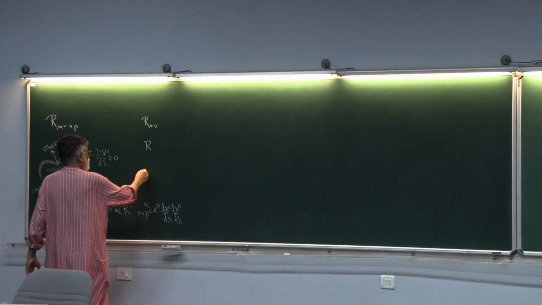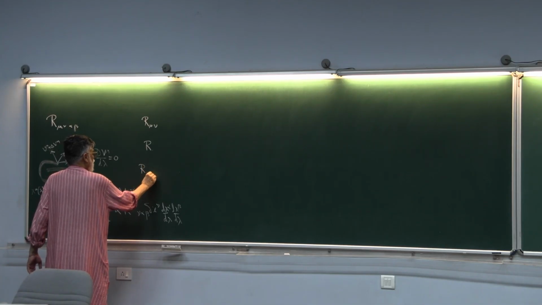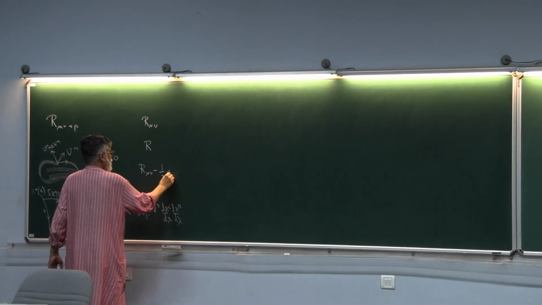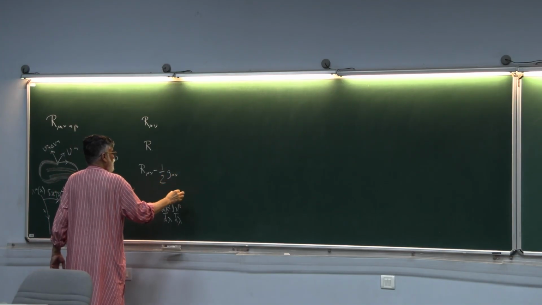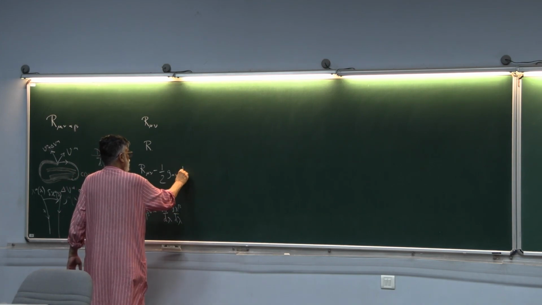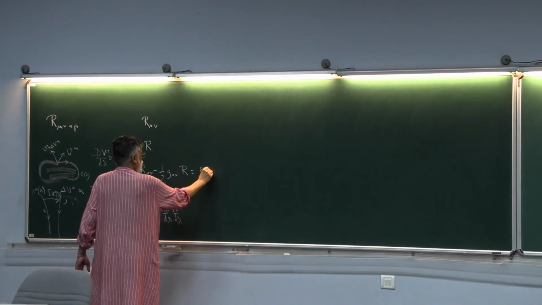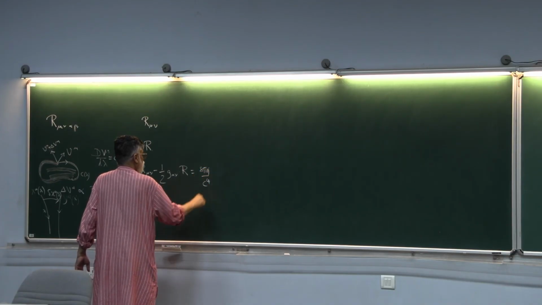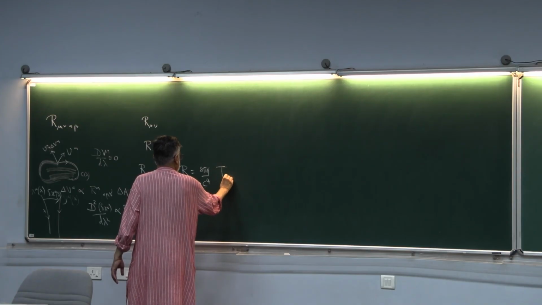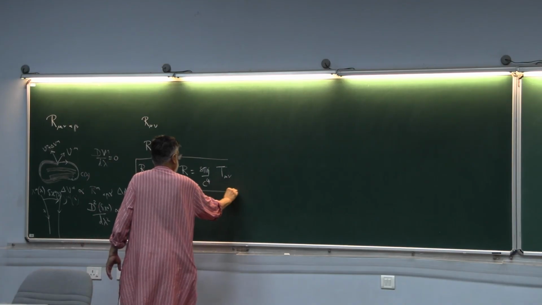In coordinate frame, the Einstein equation can be written as R mu nu minus half g. We will actually obtain it in a different way. I don't know whether I'll be able to complete it, but at least by tomorrow it should be completed. So this is the celebrated Einstein equation,